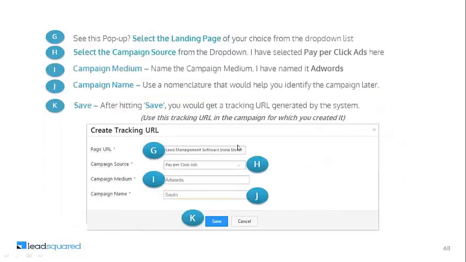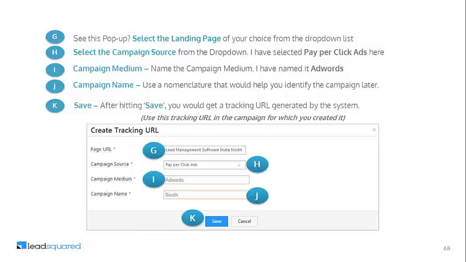Click on that. You'll see this pop-up appear. Select the landing page of your choice from the drop-down list. For the purpose of this, I have chosen the campaign that I've spoken to you about. I've chosen that exact landing page. Then select the campaign source from the drop-down. We have chosen click ads here because that is what we're discussing, right?